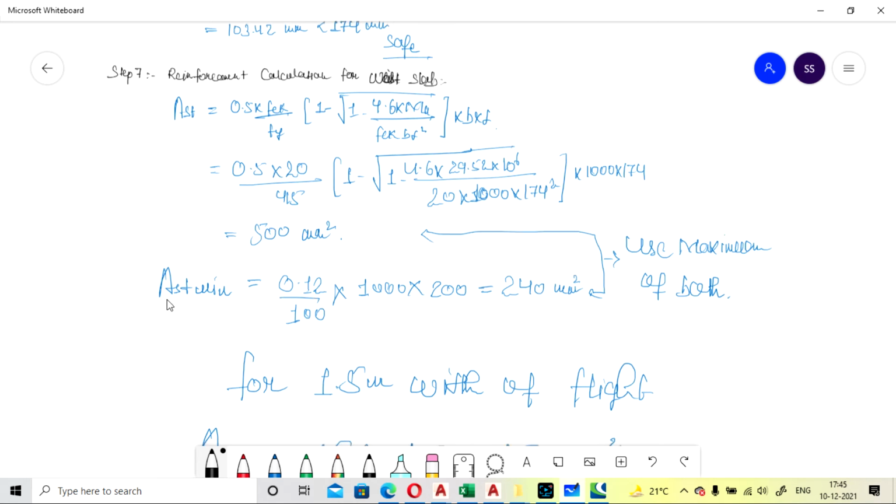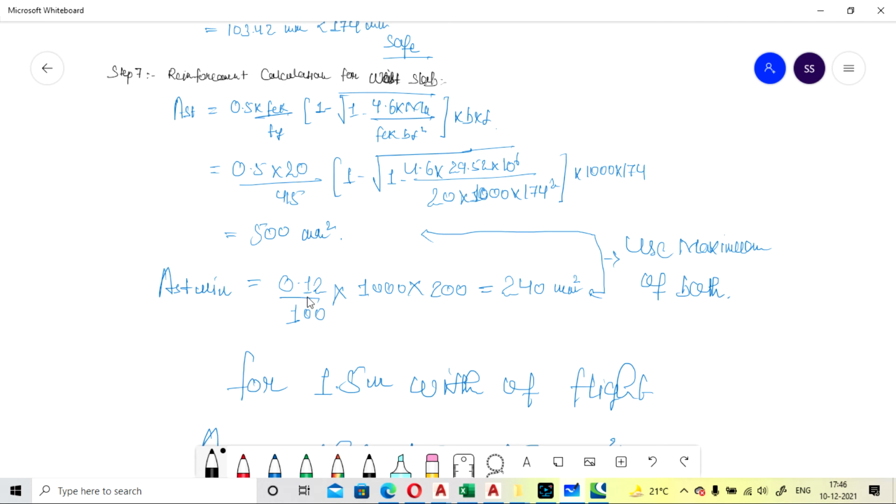So you can also check for Ast minimum. The formula for the HYSD bar we use is 0.12% of the cross section of the slab. If you are using mild steel, then you can go for 0.15%.